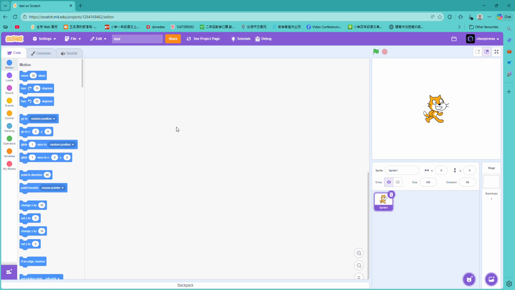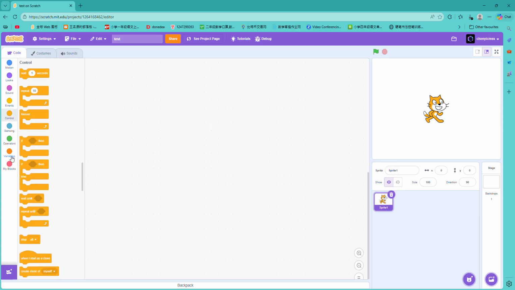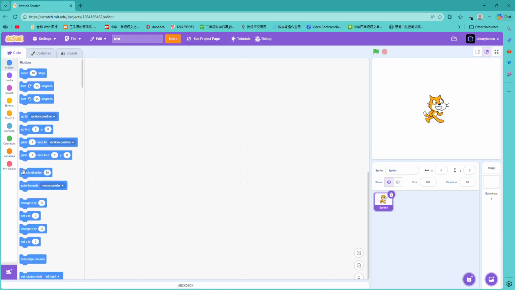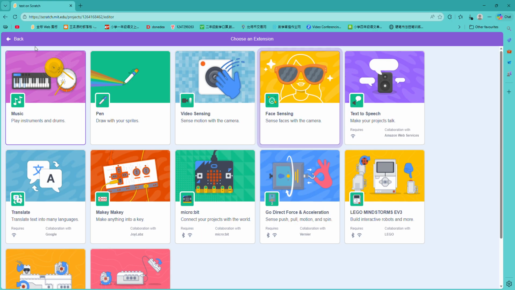Okay, so today I got kind of bored on Scratch, so I don't really know what to do. I decided, why not just explain every single block from Motion to My Blocks, and we are not